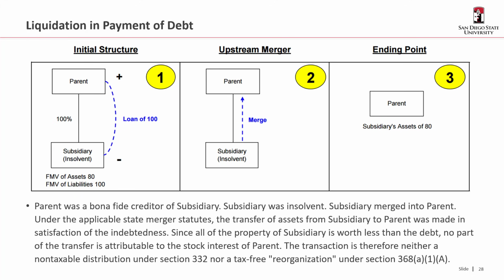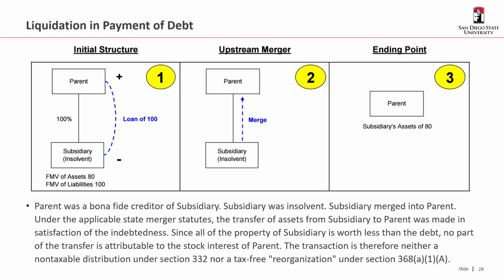Okay. So this has to do with when there's a liquidation of a sub and it's not really a liquidation to get rid of the legal structure, but rather it's because the subsidiary has become insolvent and it's in exchange for repayment of the debt. So let's say parent is a bona fide creditor of the subsidiary and the subsidiary has become insolvent. So now what's going to happen is to pay off that debt, they're simply going to merge the subsidiary into the parent. So under the applicable state merger statutes, the transfer of assets from subsidiary to parent is